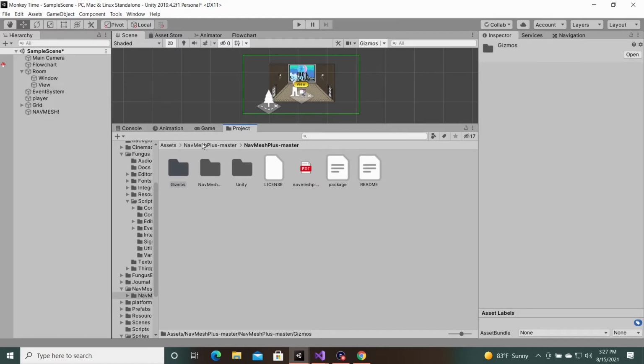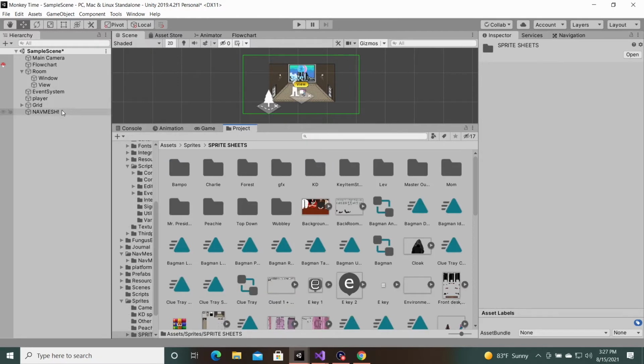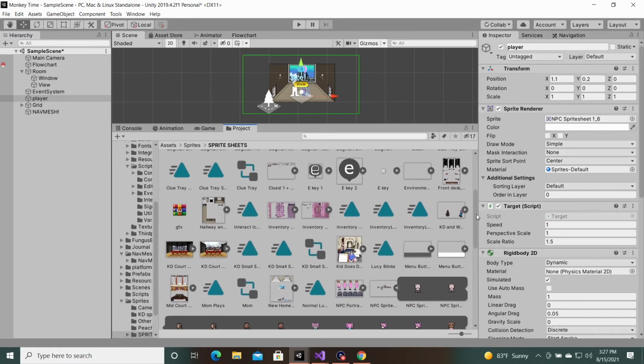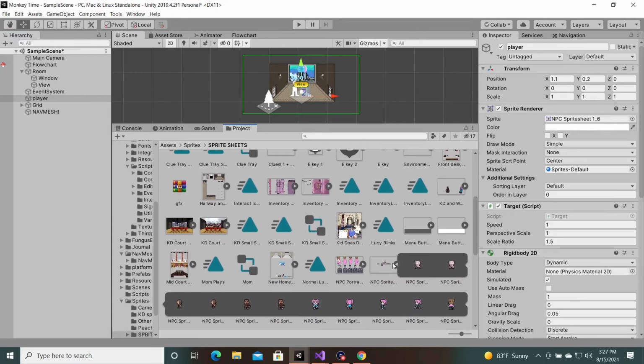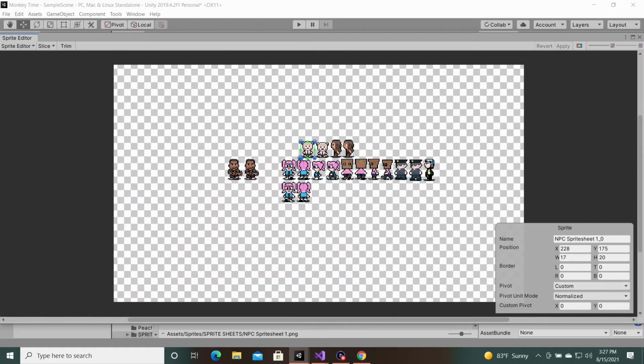And that had to do with, in my assets, my sprites on NPC sprite sheet 1_6. My sprites were cut out with the pivot point on the far bottom left. And so it was hanging out to the right